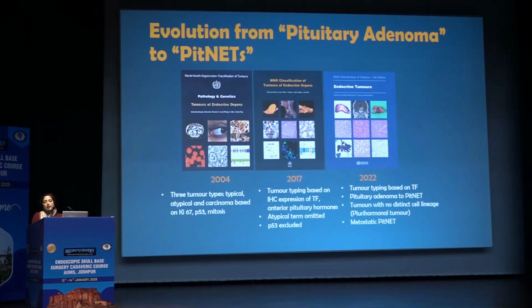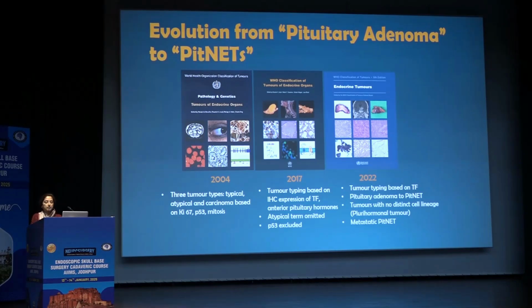After these classifications, we'll go to the WHO classifications, that is, how pituitary adenoma has evolved to PITNET. Till date, we have 3 WHO classifications for the pituitary tumors. In 2004, we had 3 entities: typical pituitary adenoma, atypical pituitary adenoma, and pituitary carcinoma, which all were based on